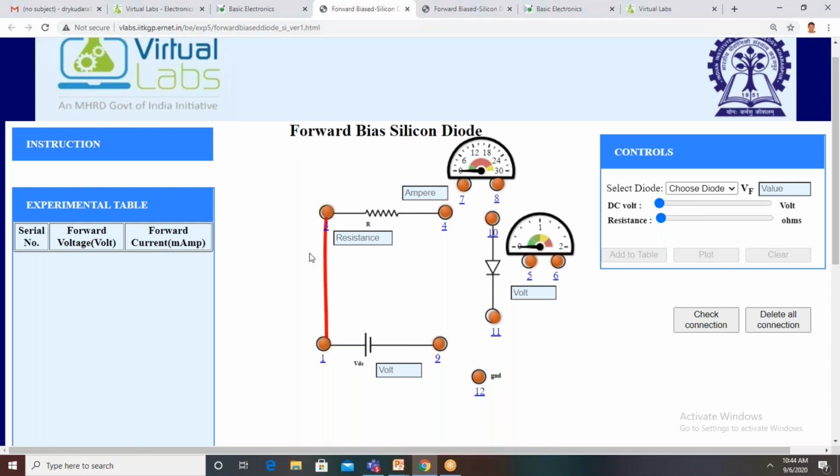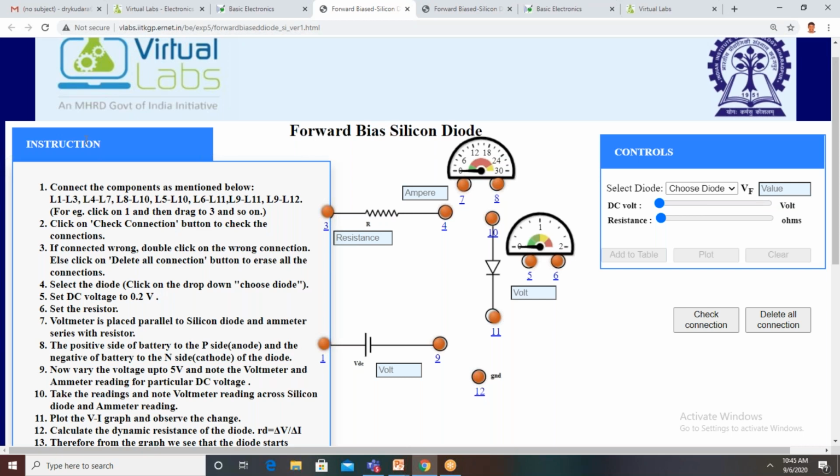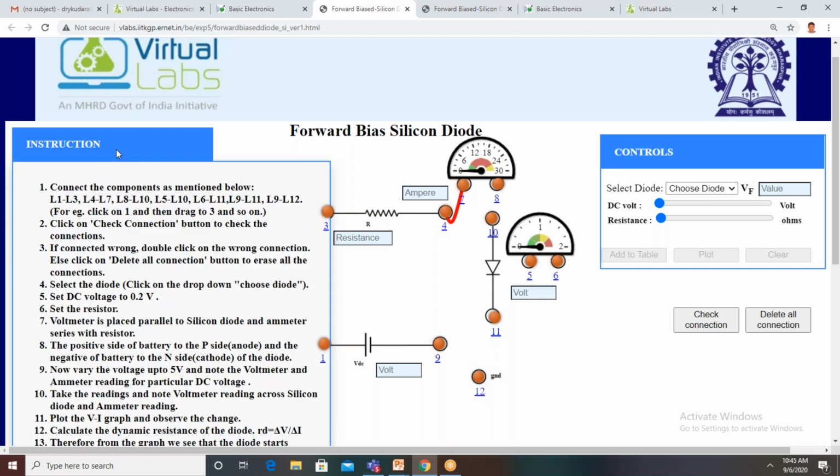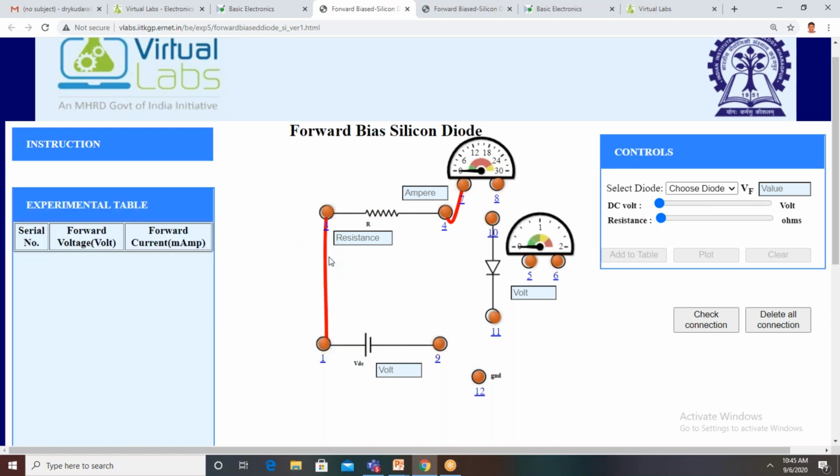In the first instruction, make the connection between L1 to L3, then L4 to L7. This is L4 and this is L7. To make the connection between these two, you click on 4 and drag onto 7. Then the next connection is L8 to L10. This is L8 and this is L10. Once again, you click on this and you can make the connections.